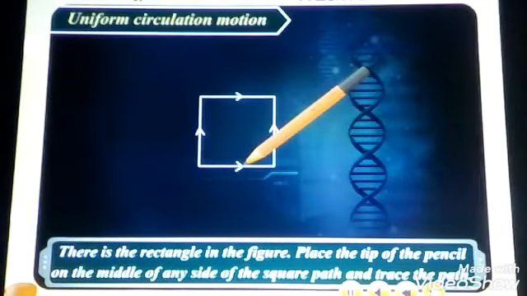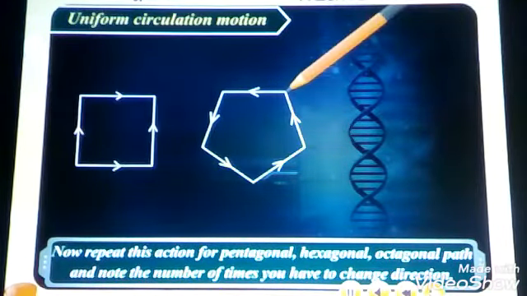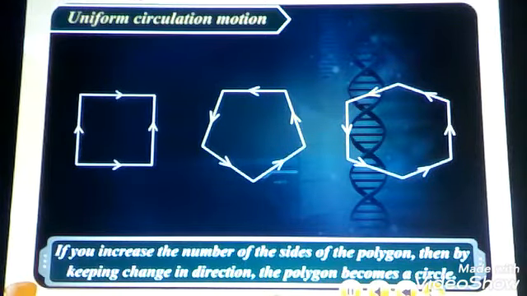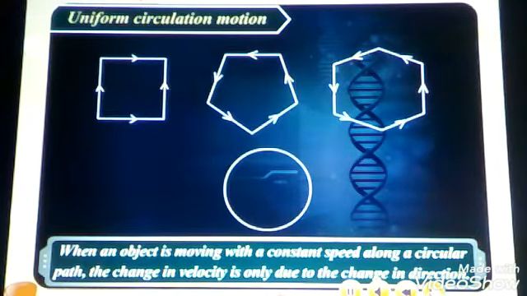There is a rectangle in the figure. Place the tip of a pencil on the middle of any side of the square path and trace the path. Now repeat this action for a pentagon, hexagon or octagonal path and note the number of times you have to change the direction. If you increase the number of sides of a polygon,